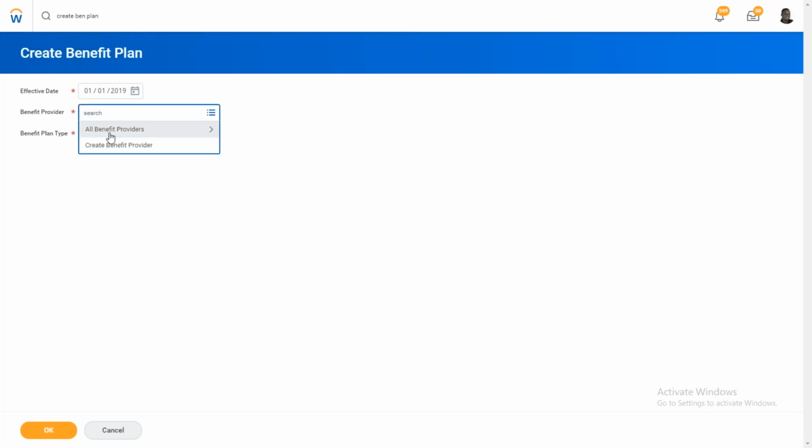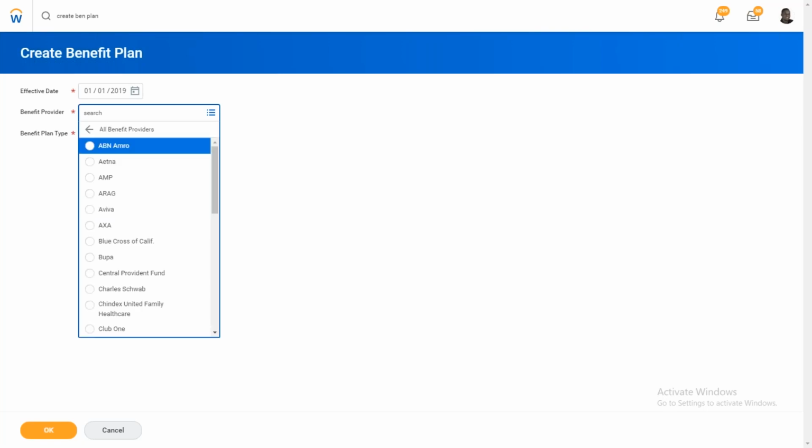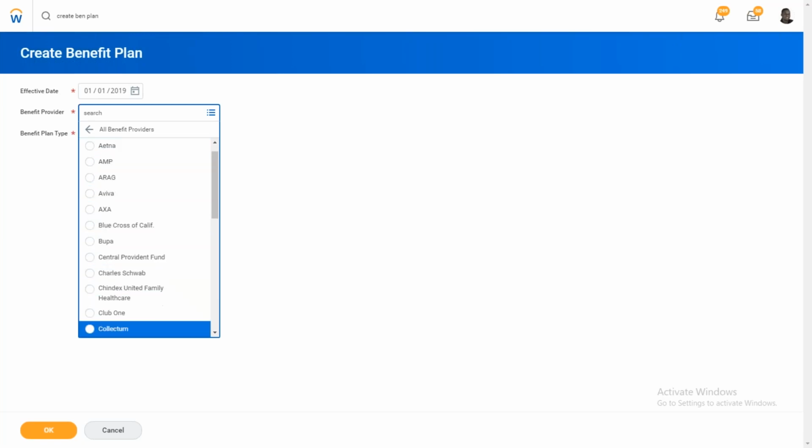We have to create the benefit provider. For example, you are implementing Workday for a client called Walmart. Walmart might be allied with MetLife, Aviva, or some other providers. First, we have to create those providers. AMP, ABN, AXA, Bupa. Okay, these are all providers.